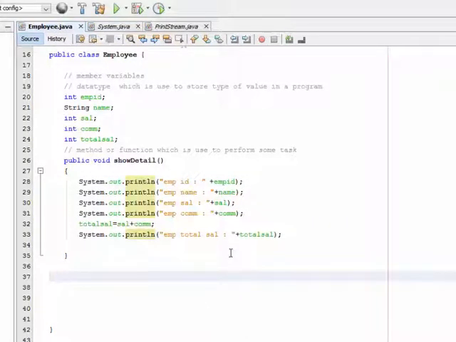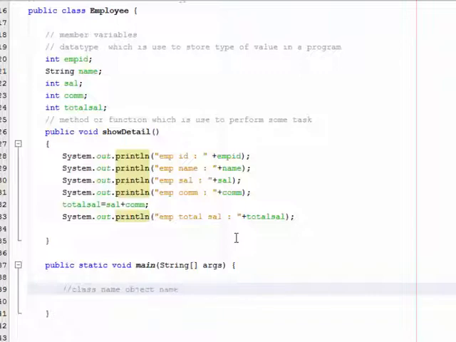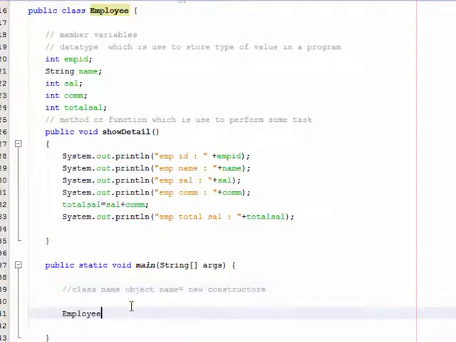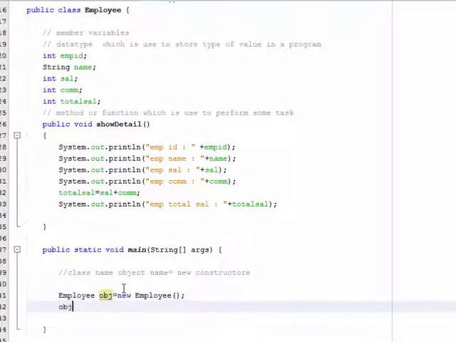Right now I am going to develop the main method. For creating an object, what do we require? Class name, object name equals new keyword and constructor. Employee is the class name. So class name obj equals new, and the constructor is the same as the class name. Then obj dot